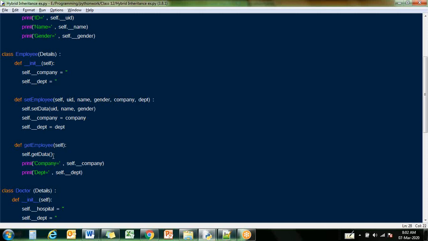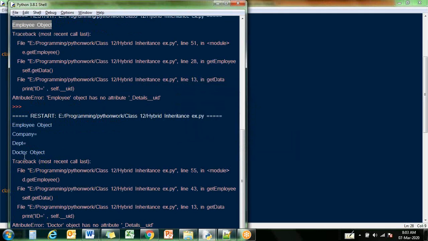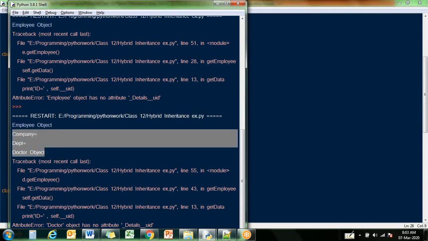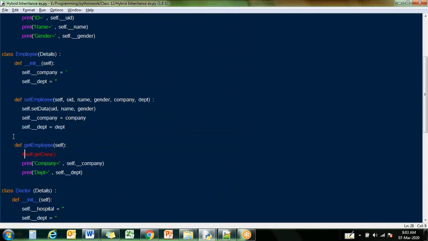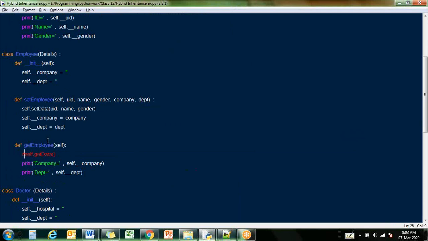So here suppose if I change this, whether the output will change. So output is changing up to here. These two, company and department, are displaying. After that, again, the company and department object is displaying, but the values are not displaying, right? Yes. Company equal to